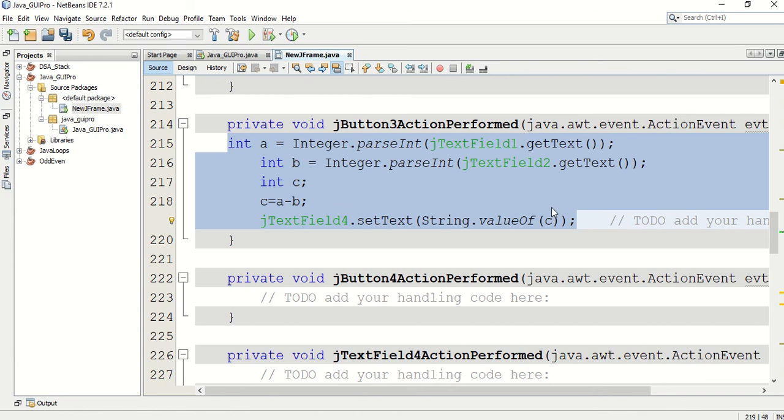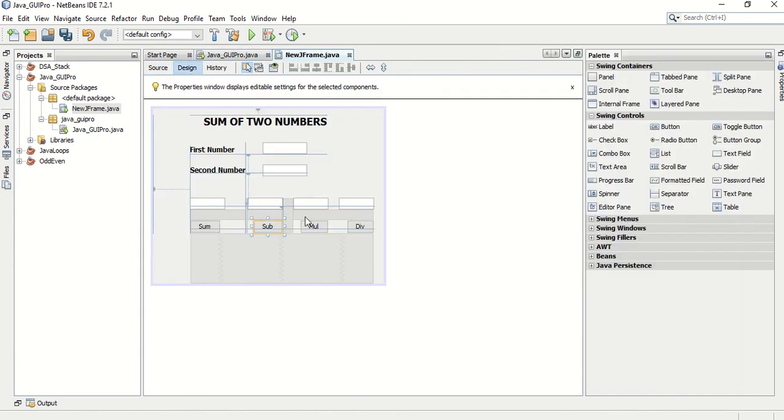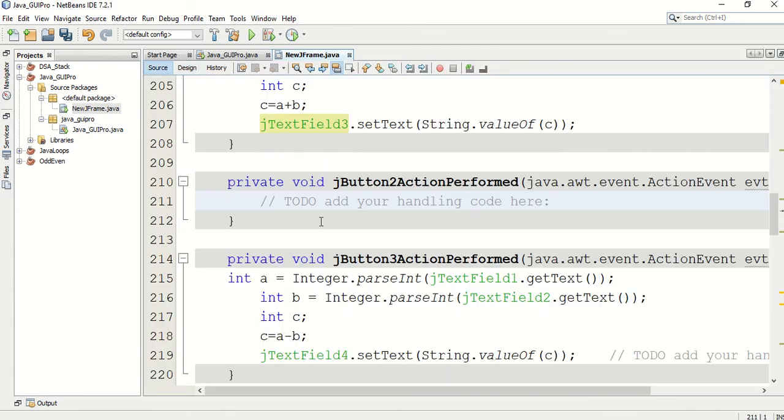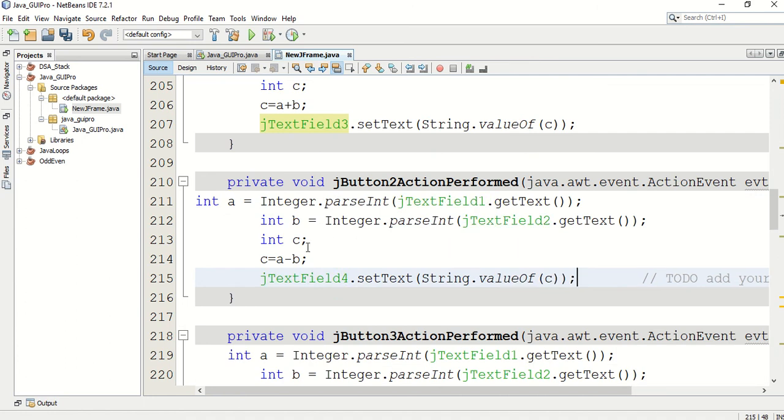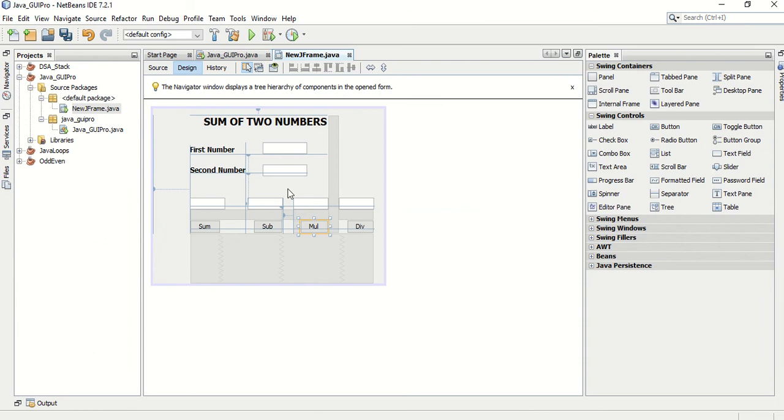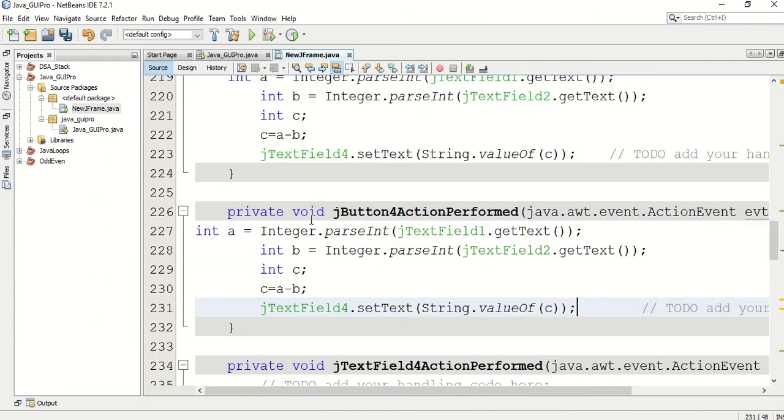Okay, in a similar way, multiplication, so text field 5, and division, text field 6.